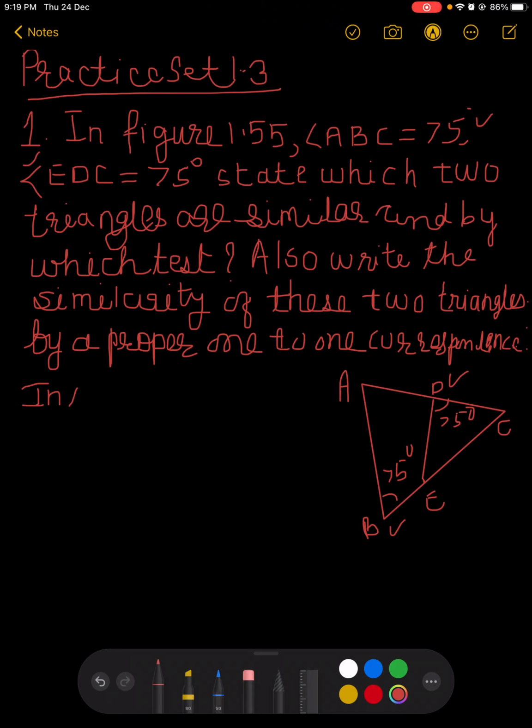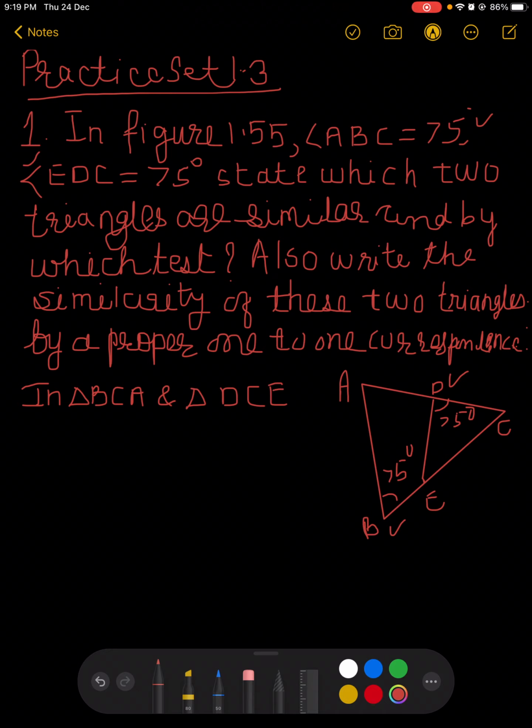BCA. Why did I start with BCA? In triangle BCA, I can begin my work from any end. But I know angle B and angle D have the same measure, so I will try to keep them at the same place. Those which have the same measure are congruent. So in triangle BCA and triangle DCE, we are going to write